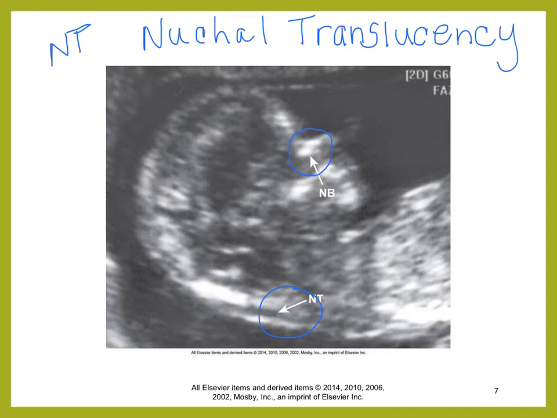They are assessing fluid in the nuchal translucency test. So right here where it says NT and I have circled it, that's where they're looking and they're obtaining a measurement on ultrasound of fluid. They obtain that measurement, and then what happens is if there is a greater than 3 millimeter amount of fluid, this is considered abnormal. They will combine this with maternal serum marker levels that are drawn for mom, and if